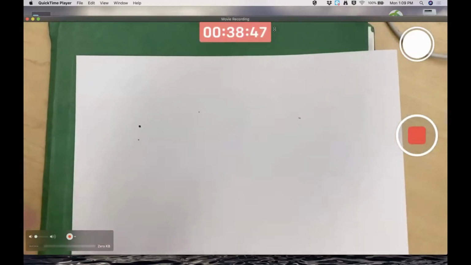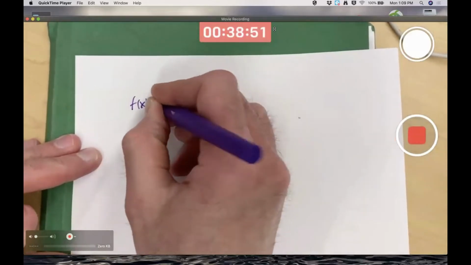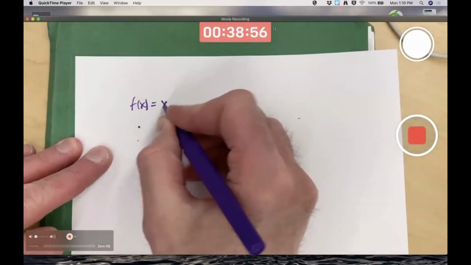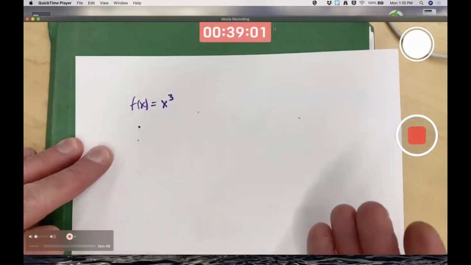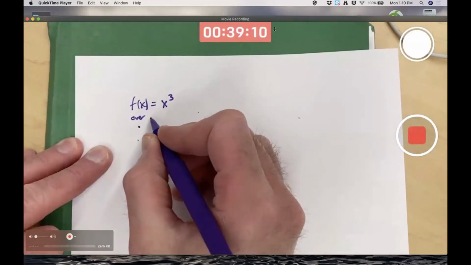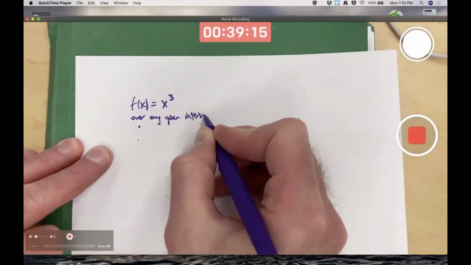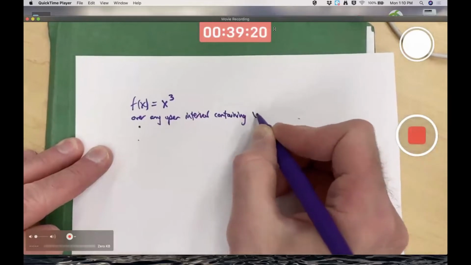And the simplest example that you should know for exam 3, that if you look at old exam 2s, I actually put out on at least one of those old exam 2s, is this function f of x equals x cubed over any interval that contains the number 0, say. I'll emphasize an open interval. Over any open interval containing x equals 0,